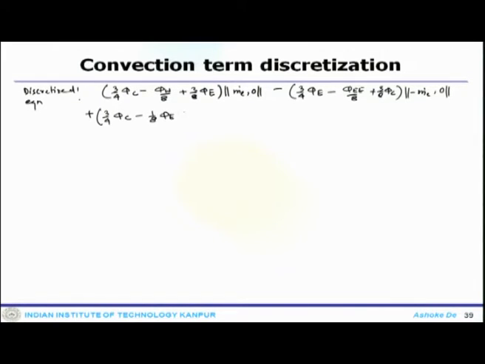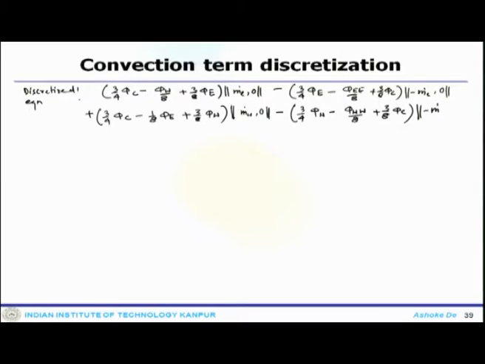Once you do that, the discretized terms would look like 3/4 phi C minus phi W/8 plus 3/8 phi E, that is the first term, multiplied with m dot e 0, minus 3/4 phi E minus phi EE/8 plus 3/8 phi C, multiplied with minus m dot E 0, plus 3/4 phi C minus 1/8 phi E plus 3/8 phi W, multiplied with m dot w 0, minus